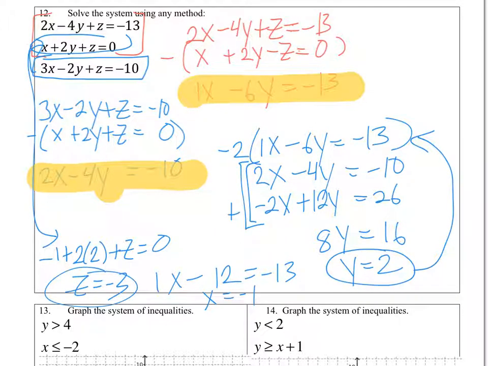A good piece of advice is to go back through and plug these back in to the other equations to check your answer. I am running short on time, so I don't want to do that here. Next up,